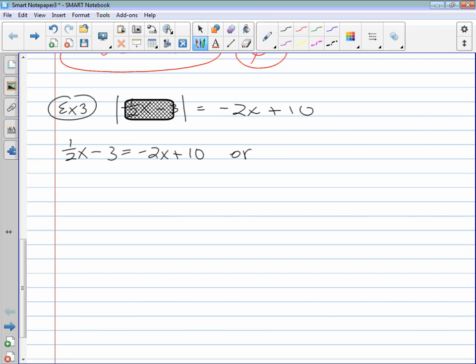Right? If you take it one step at a time, you're right. It's going to end up being 2x minus 10. So whoops, hold on, I didn't write the rest of it. 1 half x minus 3 equals negative all of this,